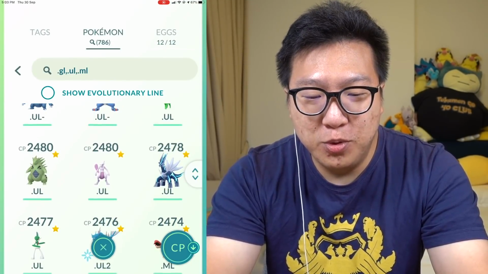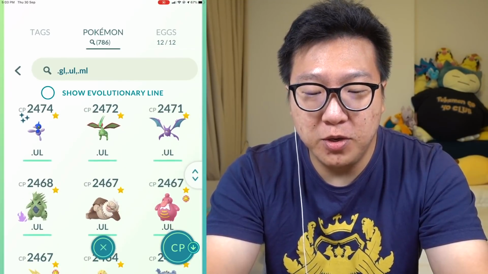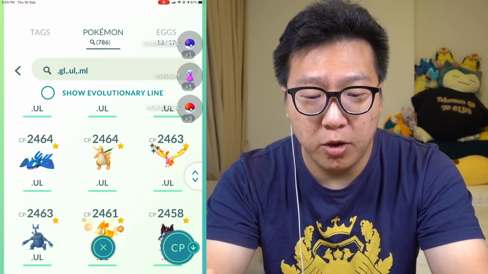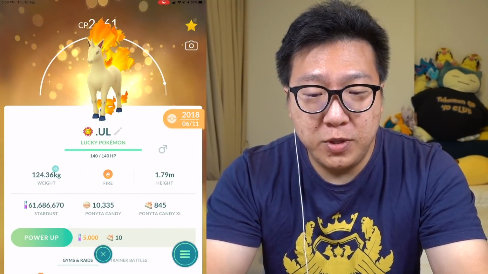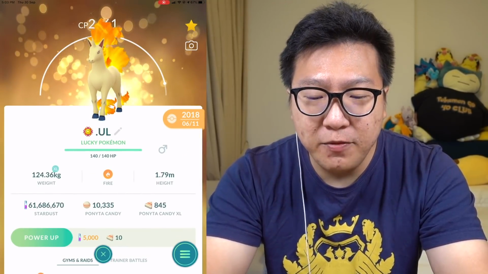Yeah, alright, Mewtwo also for Ultra League, DL Gear. I just prepare all this just for fun. So you guys will see me power up a lot of ridiculous Pokemon that you probably will not see or even use in the Ultra League. Including this one, Rapidash, which maxes out at 2461 CP as a level 40 Hundo. However,